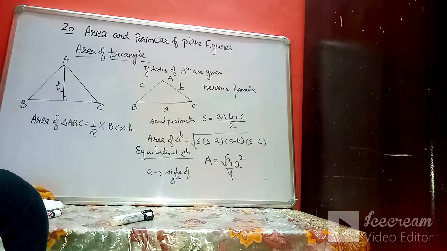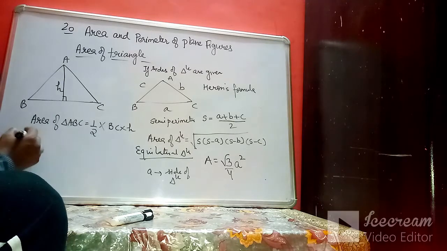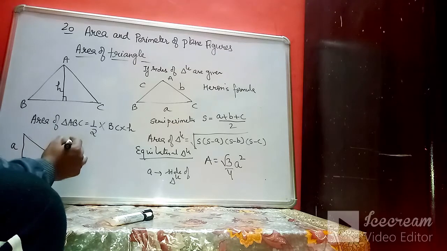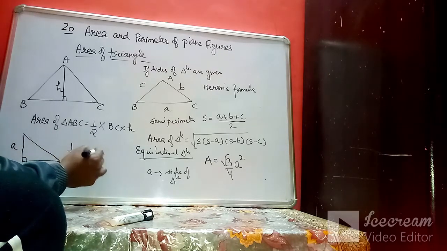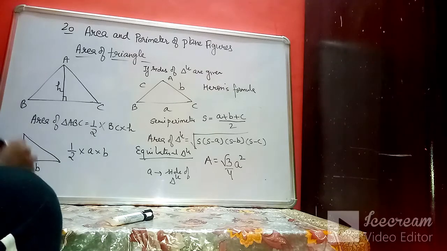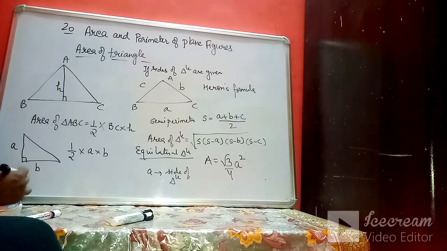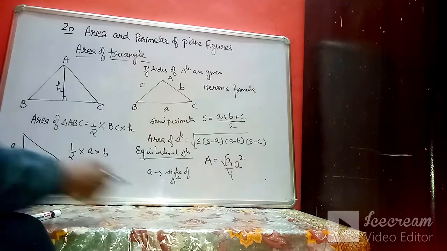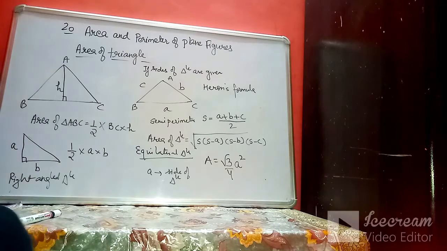In case of the right angle triangle, suppose a right angle triangle is there. In that case, if this side is A and this side is B, so area is half A into B. Okay, this is in case of a right angled triangle. Sides containing the right angle will be treated as base and height. So these are the few formulas that we will use in order to find the area of triangles. So let's solve a few questions based upon these formulas one by one.